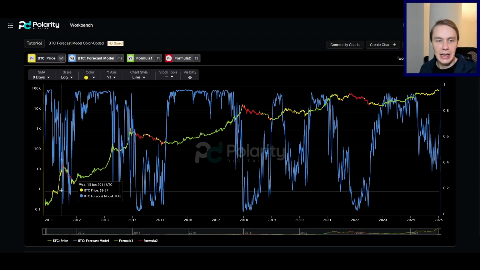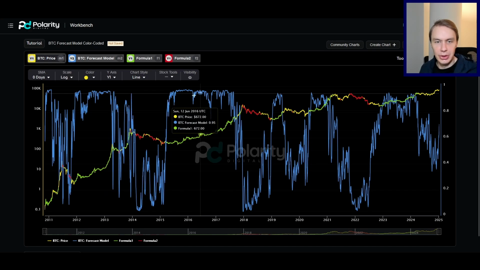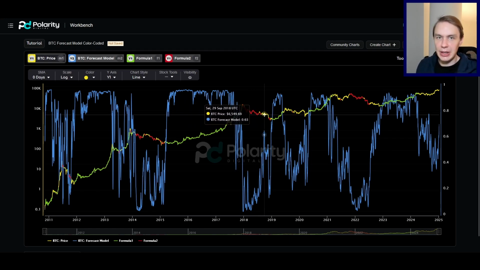And so you can see how in these points of really bullish forecast model, that tends to be a great time to be in the market. But then in these red points, not so great. And then in the middle is kind of these yellow bits. And the way that I interpret these yellow bits is kind of whatever you've been in, it probably is safe to think that that's going to continue, but you can't be as confident.